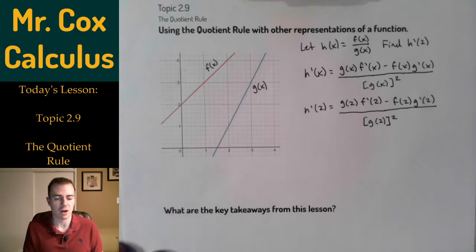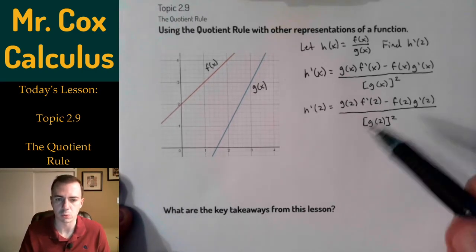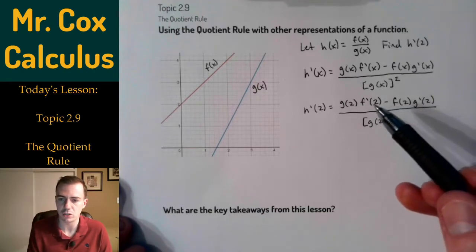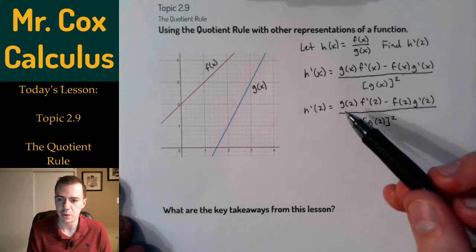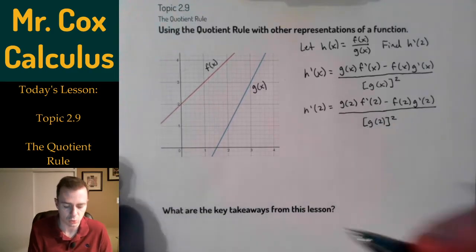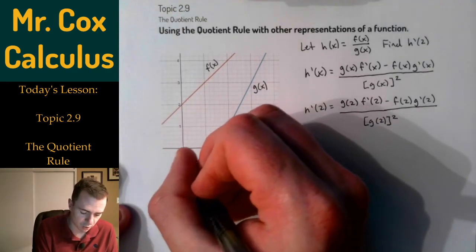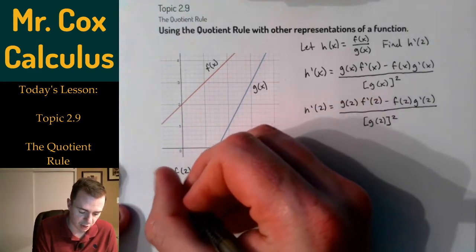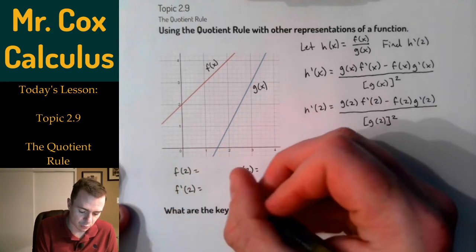And just like we saw in the previous topic with the product rule, I need to now go find these values. I need to know f of 2 and f prime of 2, as well as g of 2 and g prime of 2. And in fact, I'll be using g of 2 twice. So let's go look at these on the graph and remind ourselves how to identify these and what the notation